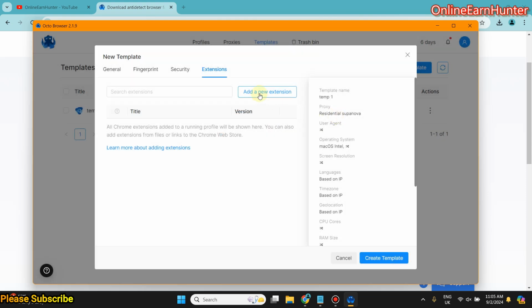So this is another cool feature whereby you can add extensions on your profile by yourself. So you don't have to do it through the profile itself, the way we do on Chrome browser. Here you can add everything on your profile, including the extensions and so many things which I've shown you. So if you are comfortable with the template, just click